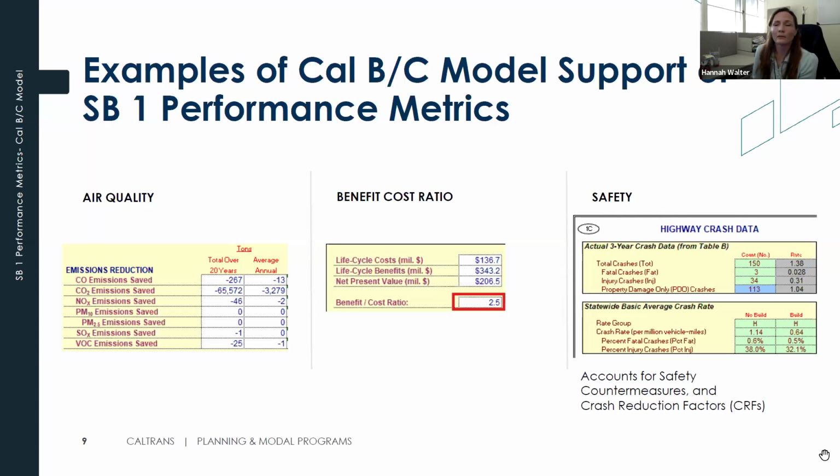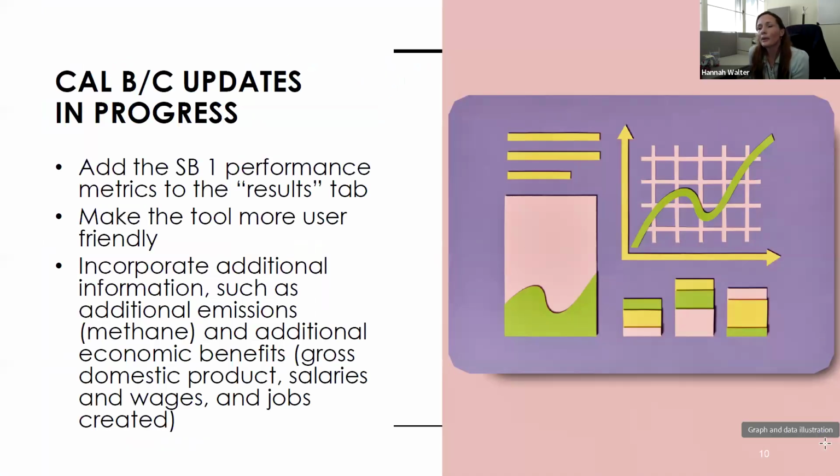Next slide, please. Okay, so the thing about the model to note is that even though it's very widely used, it's required for all of our federal projects at Caltrans. We don't have a dedicated funding source to update the model, so we can only update these tools when we get funding for it through like a grant or something like that. So it's good that we are going through an update for the model right now.